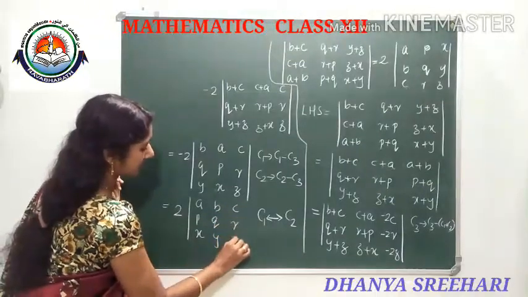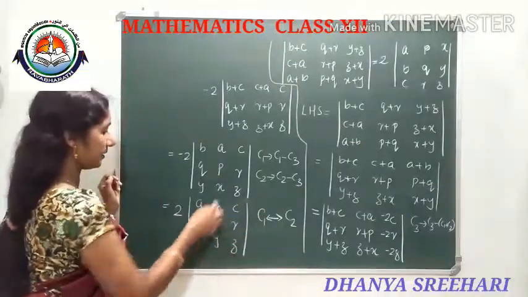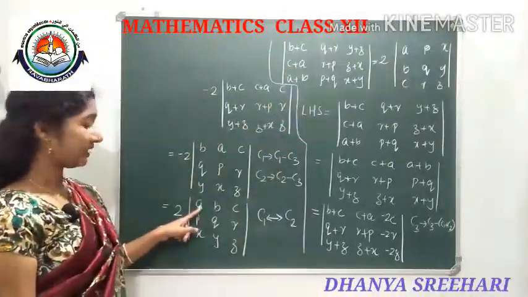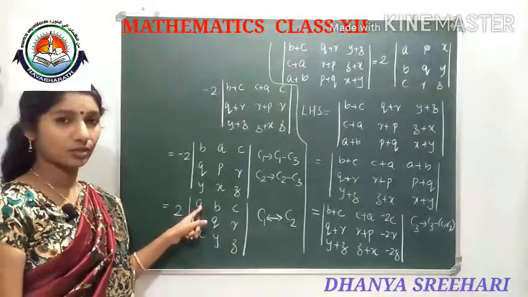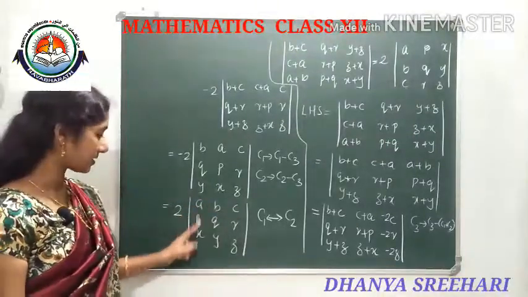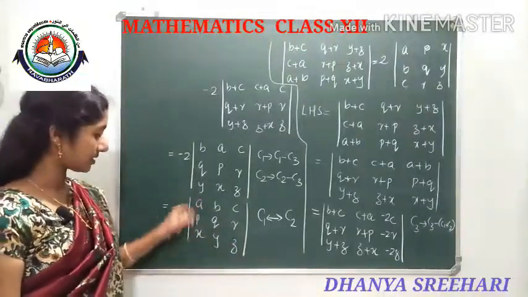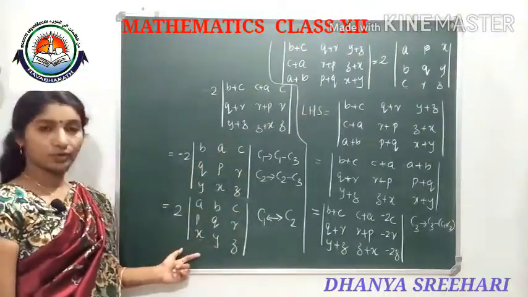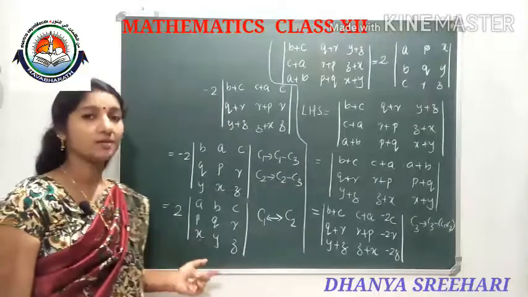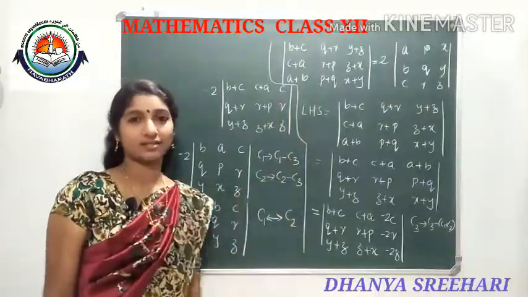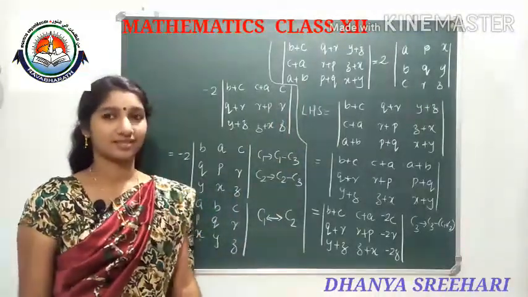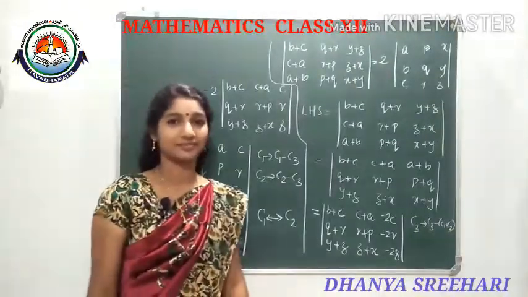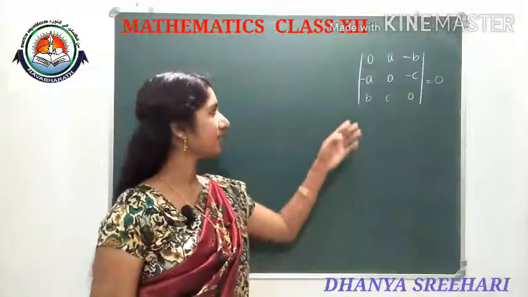third column is CRZ. Then what will you do? We need ABC as column. So you can interchange the rows and columns. You will get ABC as the first column, PQR as the second column, XYZ as the third column. That means one more step you can write for interchanging the values to get the right side. So we reached the RHS side. Understood? So like this we will apply. Okay. Then next.